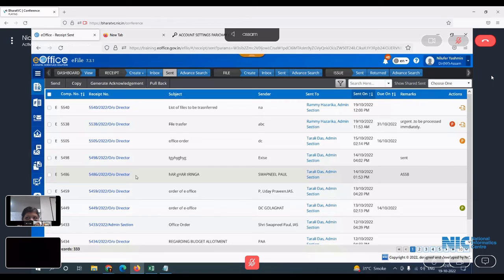So suppose the diarist is diarizing the letter, but at the point of diarization, the diarist does not know who will be the recipient of the letter. There is some confusion. In that case, the diarist will click the diarize on the generate button. Once he is confirmed who will be the concerned recipient, then he can send it to the particular recipient from